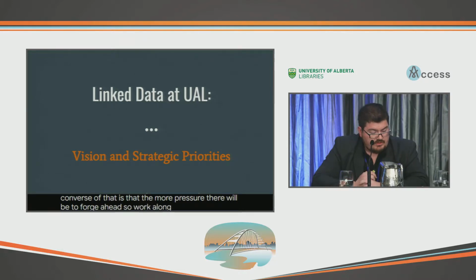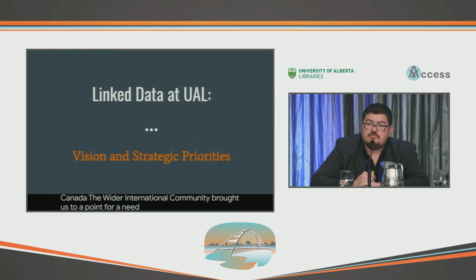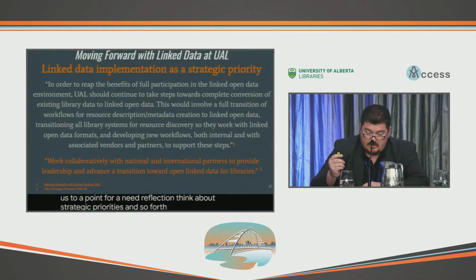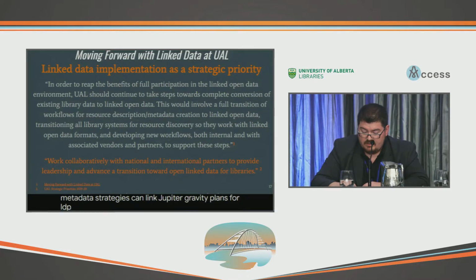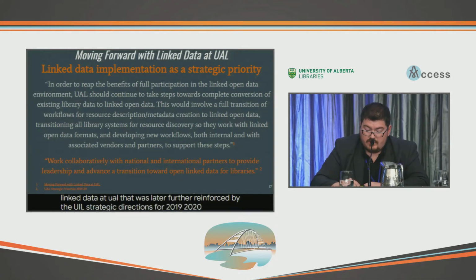So work along with activity in Canada and the wider international community brought us to a point of needing reflection, thinking about strategic priorities and so forth. Based on experiences on project work across cataloging and metadata strategies, CanLink, Jupyter, Share VDE, and plans for LD4P, a group was pulled together from multiple units to map out a vision document for moving forward with linked data at UAL. That was later further reinforced by the UAL strategic directions for 2019 to 2020, to work collaboratively with national